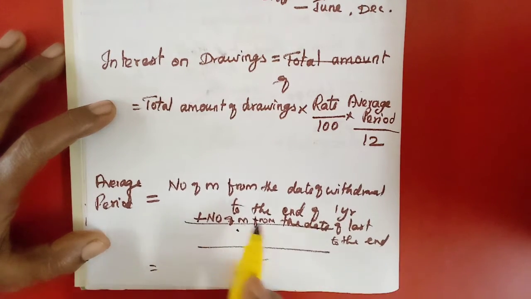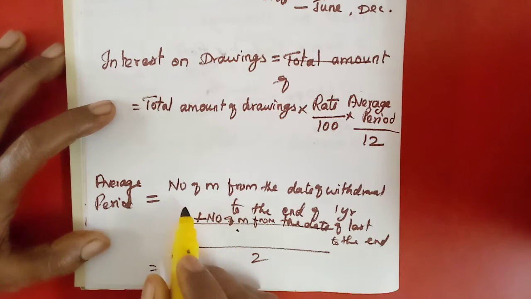For example, if he is withdrawing on January 1, beginning of every month, how many months